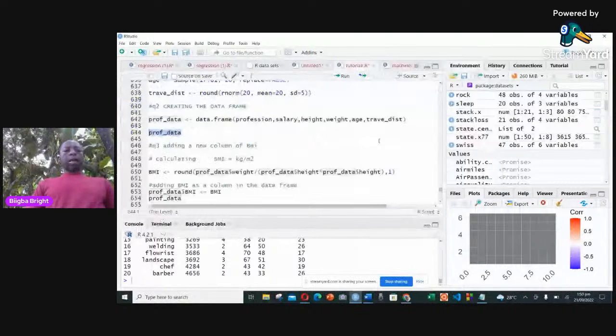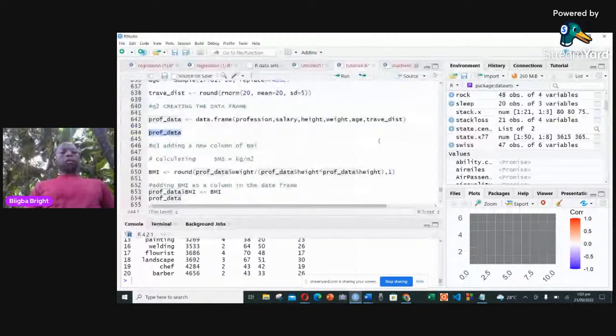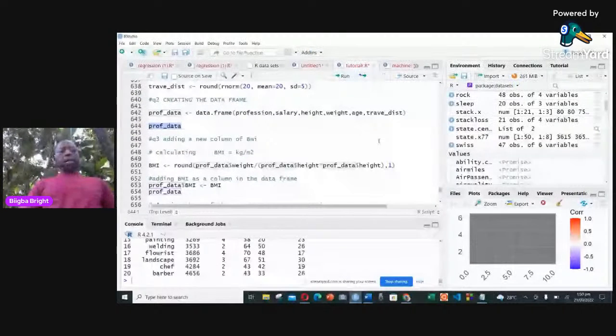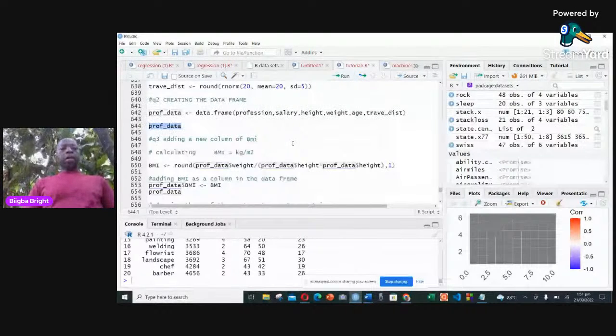The third one was adding a new column of BMI. You need to know how to calculate BMI. BMI is the weight of the person divided by the height squared. We've got the height here, and we've got the weight there in kilograms. So now what do we do? This is the formula I have indicated on top here. So we decided to create this variable called BMI first of all, and then